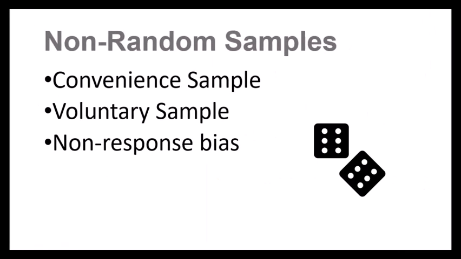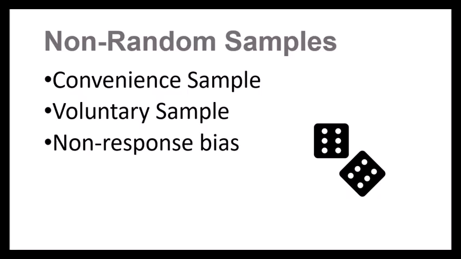Finally, there are many different ways a sample might not be random. Samples that are not random are often just convenience samples. So say that you're trying to study all students at your school and you survey people in the hall outside of your class. Well, that's not going to be necessarily representative of the wider population, and it's not randomly selecting students within the school.